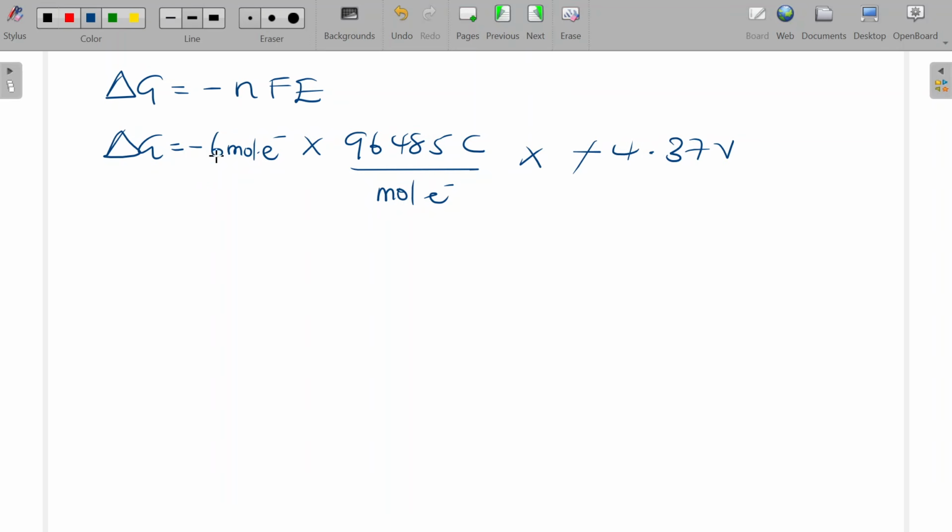This negative and this negative become positive. Then change in G is going to be equal to 6 times 96485 times 4.37. The moles of electrons cancel, and then the change in Gibbs free energy is going to become